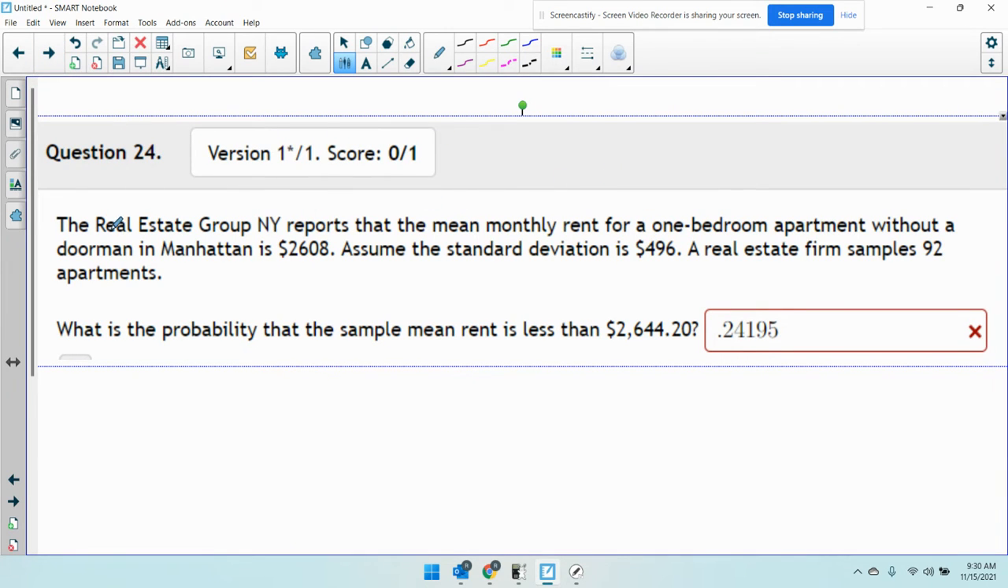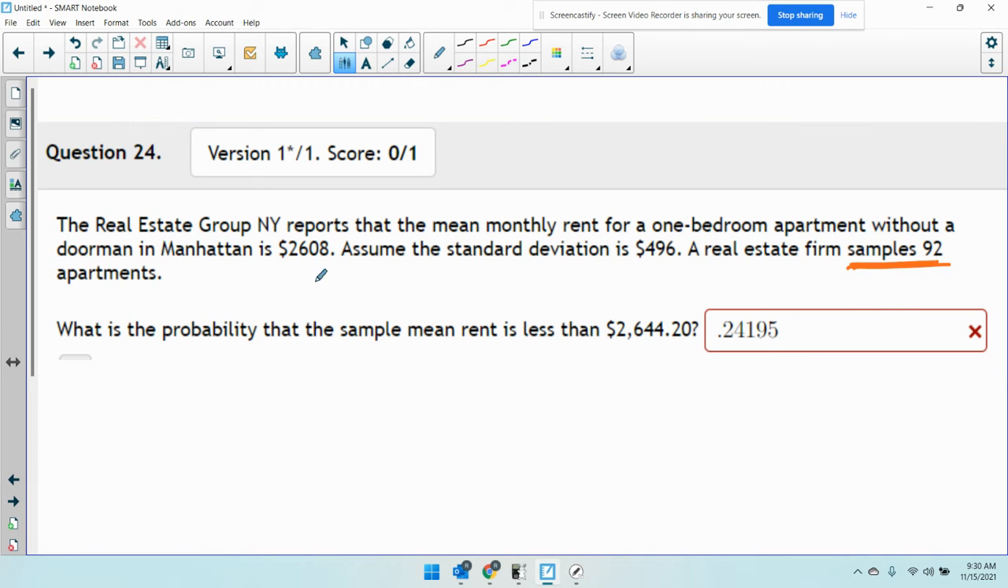Okay, and then the last one, a real estate group in New York reports that the mean monthly rent for a one-bedroom apartment without doorman in Manhattan is $2,608. Good thing we don't live in New York. Assume the standard deviation is 496. A real estate firm samples 92 apartments. What is the probability that the sample mean rent is less than $2,644.20? I think you might have done the reverse again, but this is the probability that the sample, we'll call it, I don't know, apartment, we'll say A, is less than